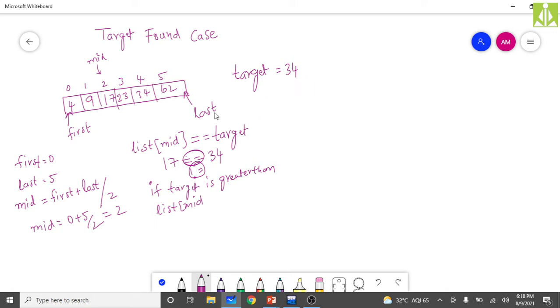Here we are comparing our target with the list of mid, and we found that the target is not equal to the list of mid. So we said saying not equal is not sufficient. We need to look for whether the target is lesser than the list of mid or the target is greater than the list of mid. Two different conditions. So the first case I'm writing over here: if the target is greater than list of mid, then